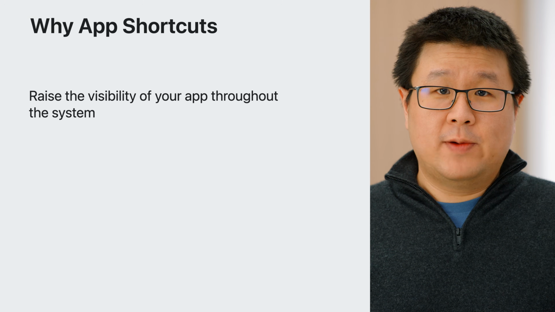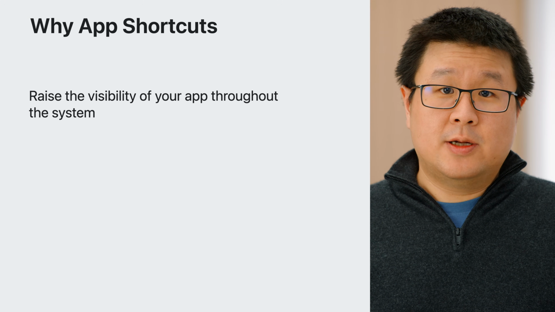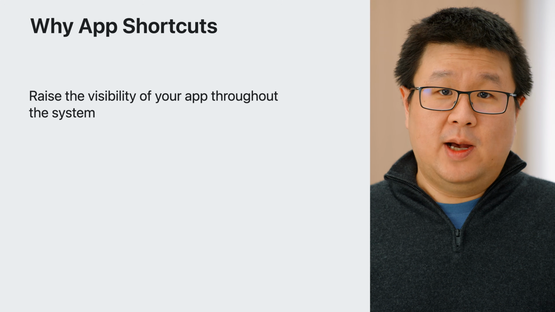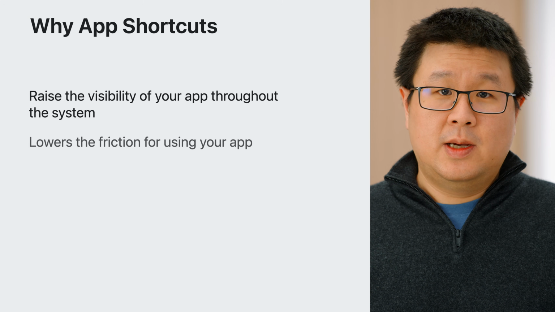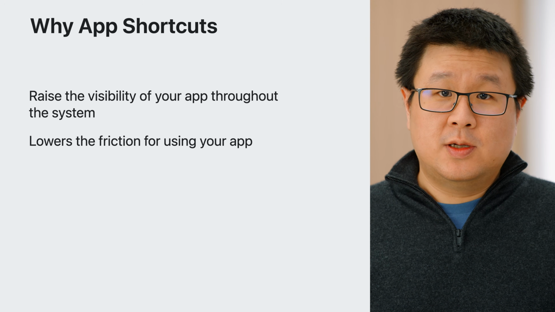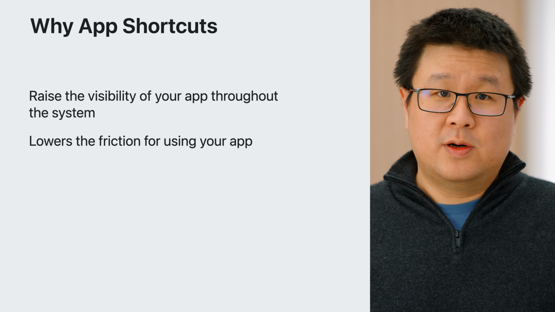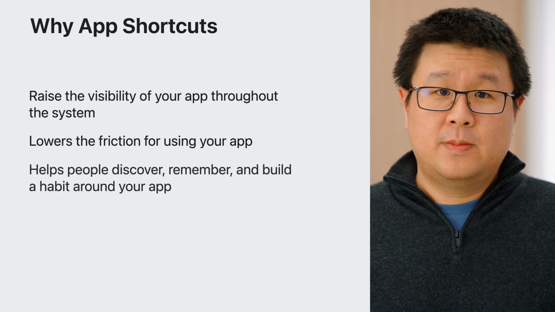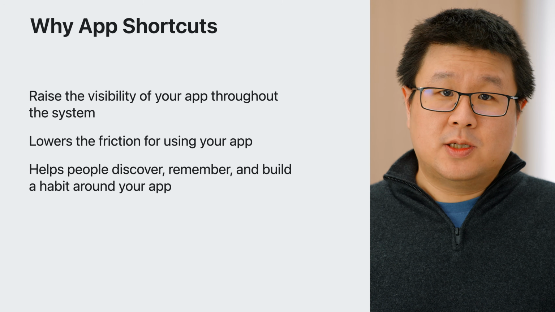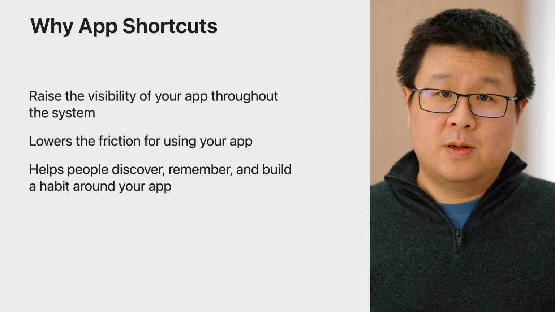App shortcuts can help raise the visibility of your app's features to your users throughout the system, and be great launching points for both functionality that opens your app or simply does things in the background so the user can maintain their focus. They're fast, memorable ways to lower the friction for using your app's core features and also make them usable for more contexts, including hands-free with just your voice or in the home with HomePod. With memorable app shortcuts targeting your app's most important features, you can help people discover, remember, and build a habit